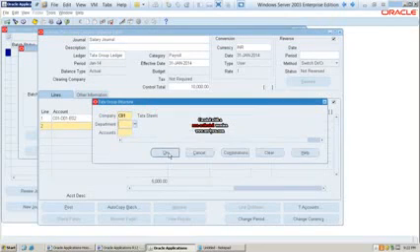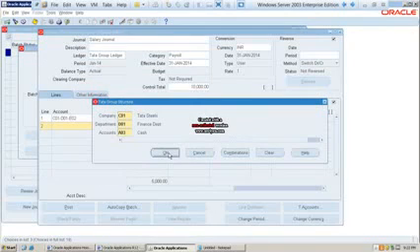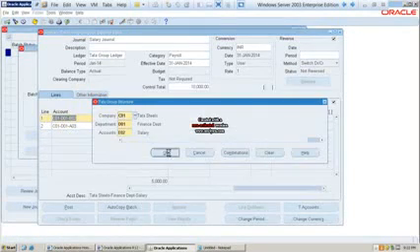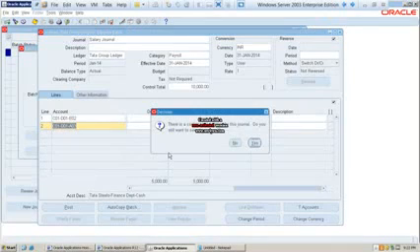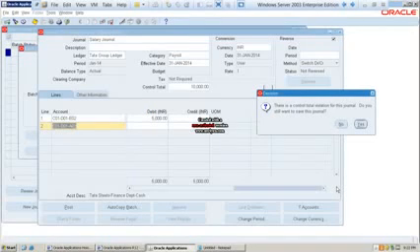How did they pay salary? Company 1, department 1 paid salary by cash. A03 is cash. What is E02? E02 is salary. How did they pay salary? Salary they paid by cash. I go with save. Where do you have a violation?